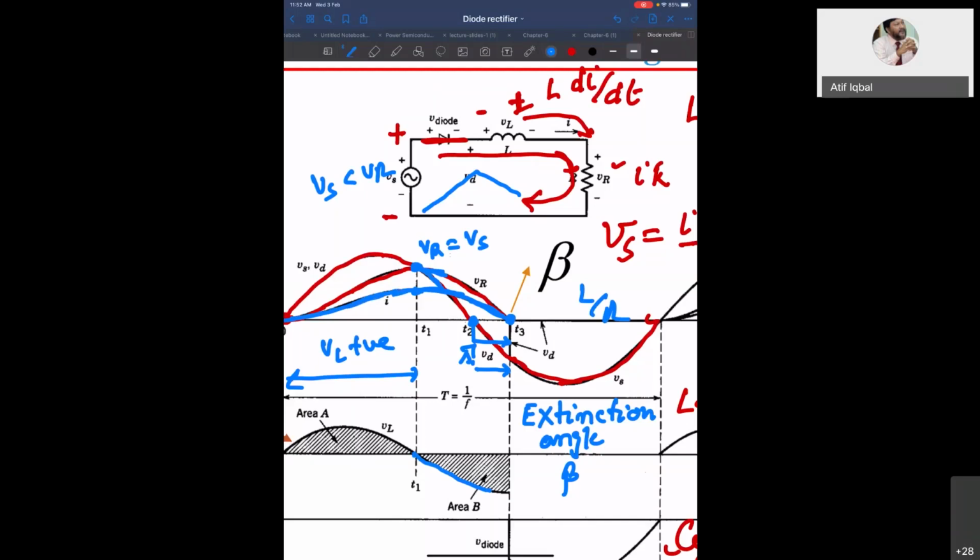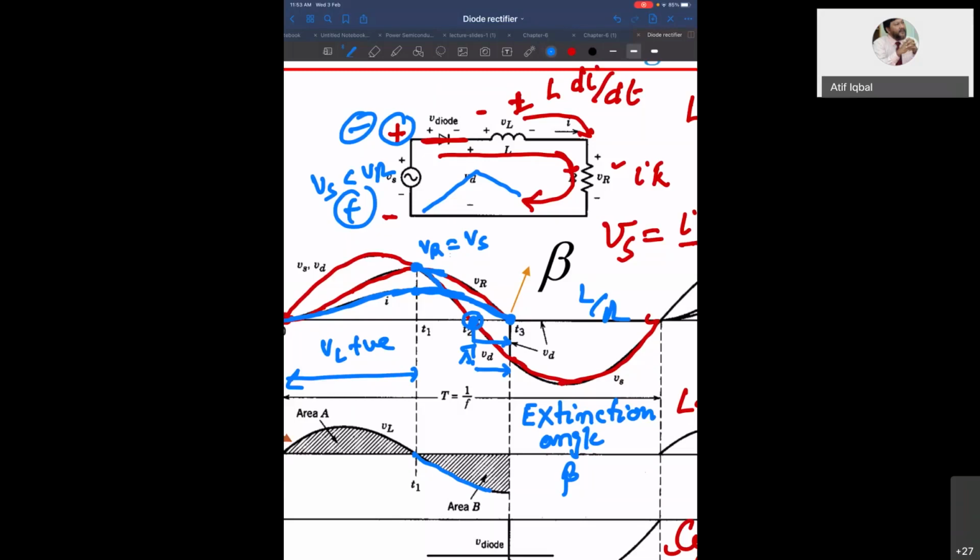It reaches maximum and then it starts falling and it drops to 0. But it does not drop to 0 at this point. Naturally, it should come to 0 here, but it does not. It still keeps on falling, and it takes some time for the current to become 0. Although your source voltage has reversed polarity, the current is still in the circuit, so it keeps the diode on, and the circuit is still there for the current to flow, but the current will start falling and it will drop to 0 at some angle beyond pi.